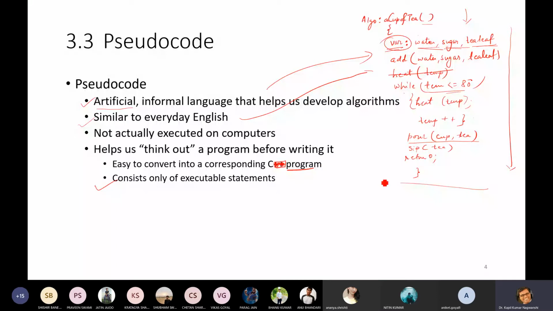Okay, now you are able to convert this into a C program. It consists only of executable statements. So here only executable statements, like if we are increasing the temperature and so on. So we will definitely create a program on this. Okay, just a simulation kind of program we will create after unit 4 where functions will be completed. Okay, so when functions are completed, I will show you how we write a program for this purpose. Okay, it will not actually create a cup of tea, but it gives us a simulation of creating a cup of tea.